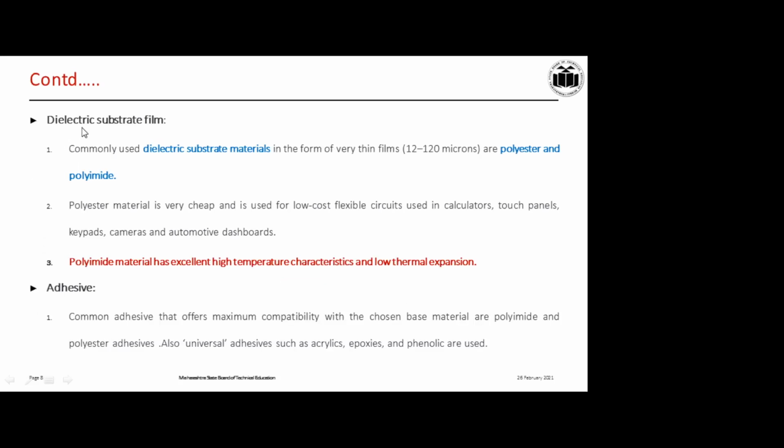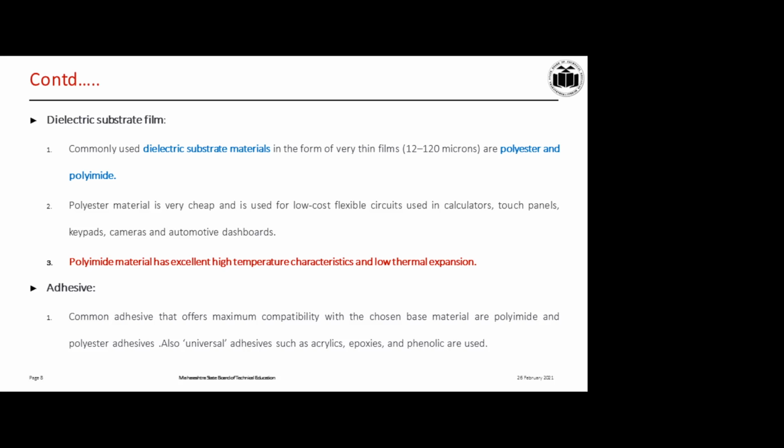Now let us see the materials which are used for all these four layers. The first layer is the base material, which is made up of a dielectric substrate film. The thickness of this substrate film is very thin and it varies from 12 to 120 microns. The material is polyester and polyamide.